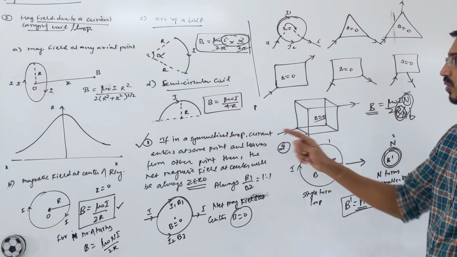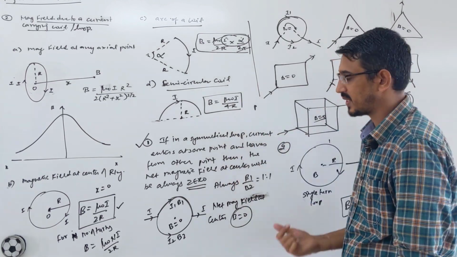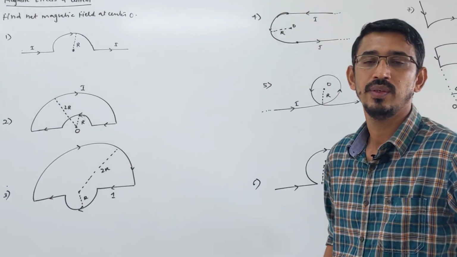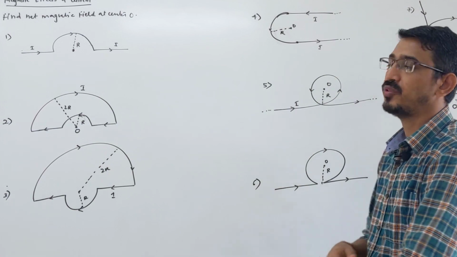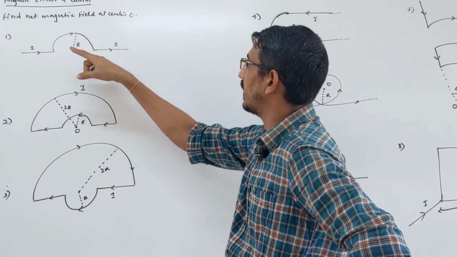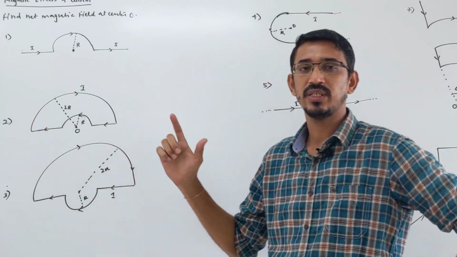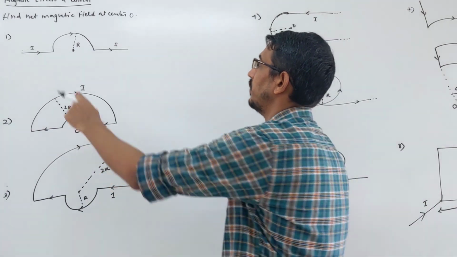So these are two very important things. Now I will do questions on all these, okay. Generally the questions ask for the wire plus these loops together. So I will discuss some questions now. We have a few questions here, and due to these structures we have to find the net magnetic field at the center O. Every time the question says find the net magnetic field at center O. These are combinations of some circular loops and straight wires, okay.